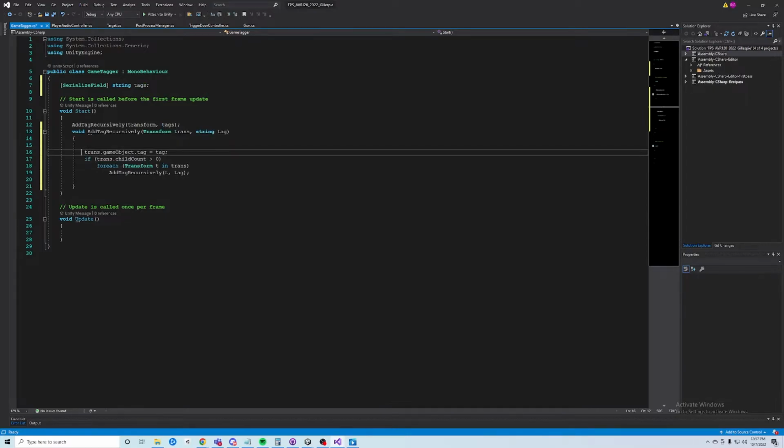And then it's going to set the game object's transform to the tag that we pass in to this method. All right, so that tag there, same as tags. So this corresponds to this parameter. And we'll set the game object to that tag, and then we'll say if that game object has children in it, essentially,